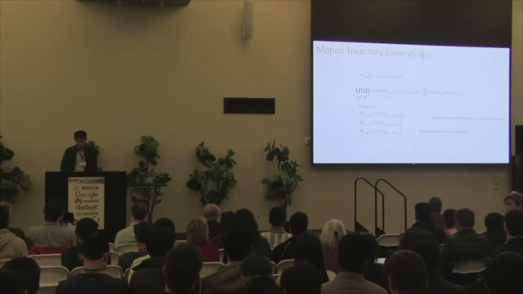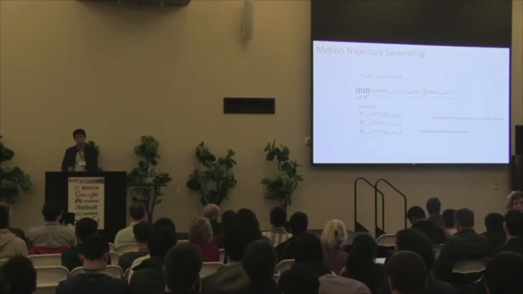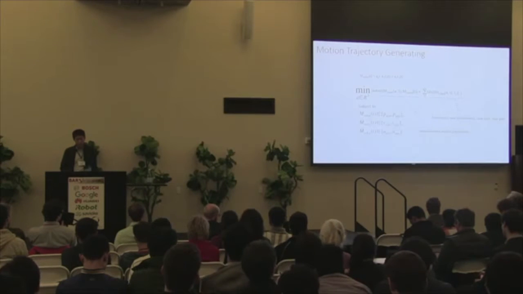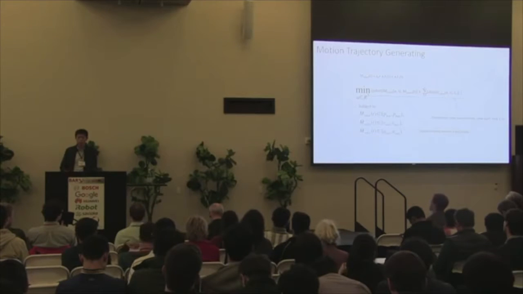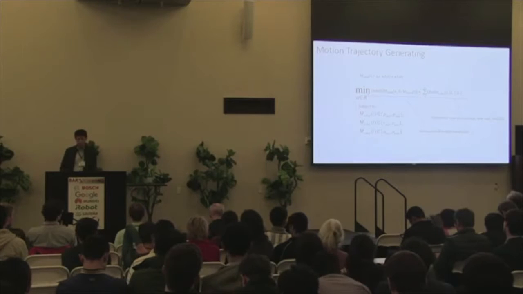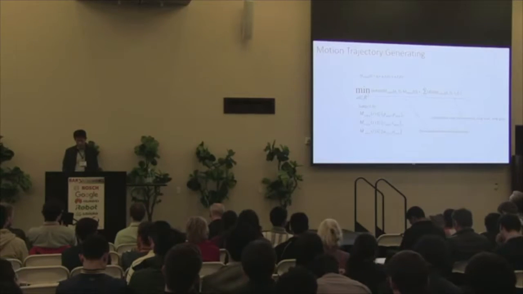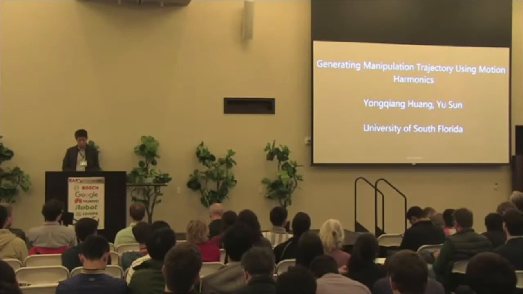So our approach is to convert this problem into an optimization problem with two goals. One is that the generated motion should be similar to the demonstrated motion, and the second is that the generated motion should satisfy the new constraints coming with a new environment and/or a new goal and a new start point, for example. Without going into too much detail, I'm going to just show you some of